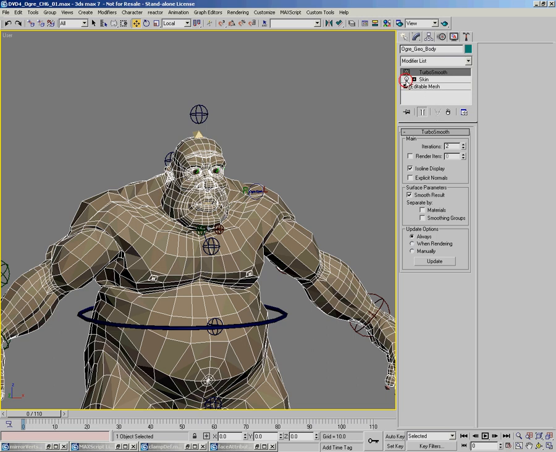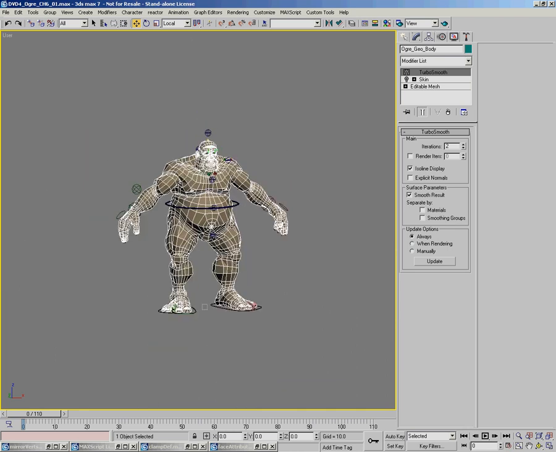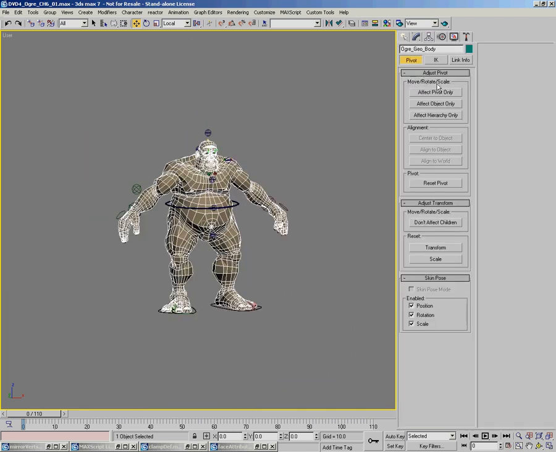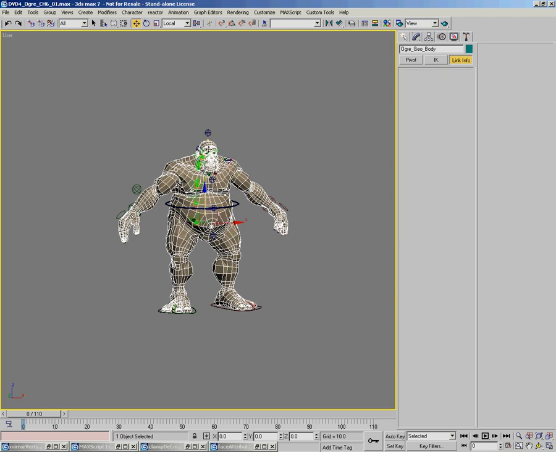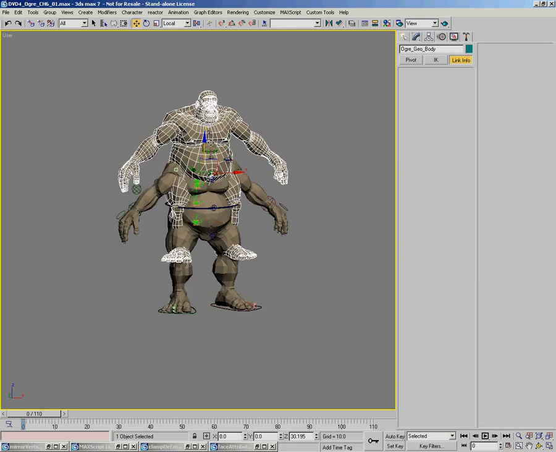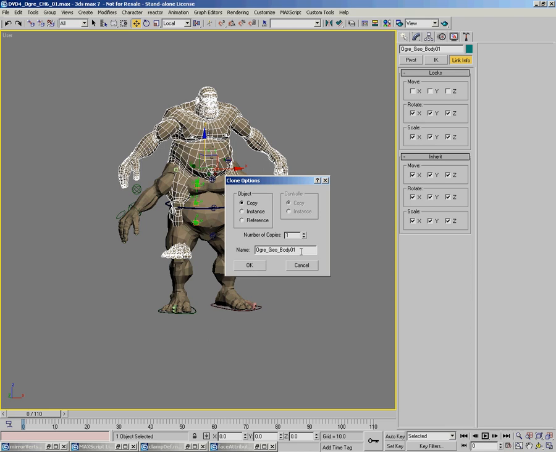Best way to do that, I'd turn off skin while you copy it off. It tends to make it a bit easier. Looks like we're going to have to unlock an axis for the character, and we're just going to copy it straight up. And the reason I unlocked the skin modifiers, if I didn't, the character would pop back to its original skinned position. Doesn't really matter, you could easily just delete the skin, but you'll see that this just makes a bit